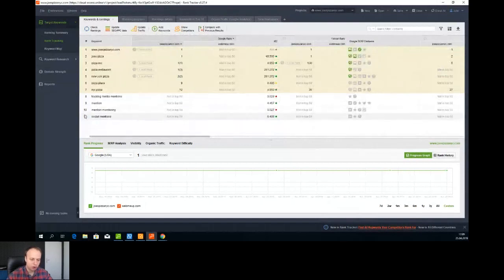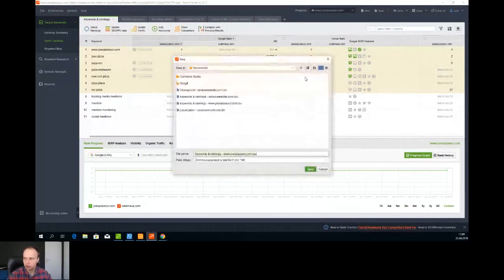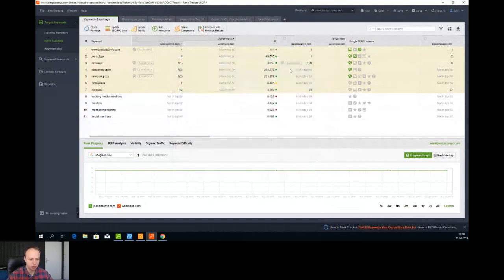And moreover, you can copy this table into your spreadsheet. For example, if you have the enterprise version, then you are able to use the automatic export feature. So just click this export button, and this whole table will be saved and exported into a CSV file. If you have the professional version, then this automatic export feature is not available for you,